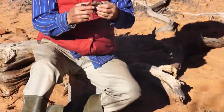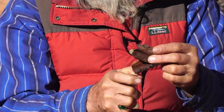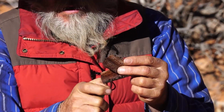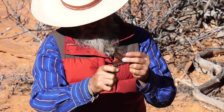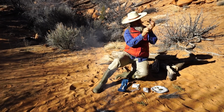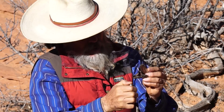Down on the creek here just this morning, I gathered this. What am I gonna do? My lighter's out. I'm gonna die. It's not working. I'm gonna put it on full blow. See what little there it goes. So this